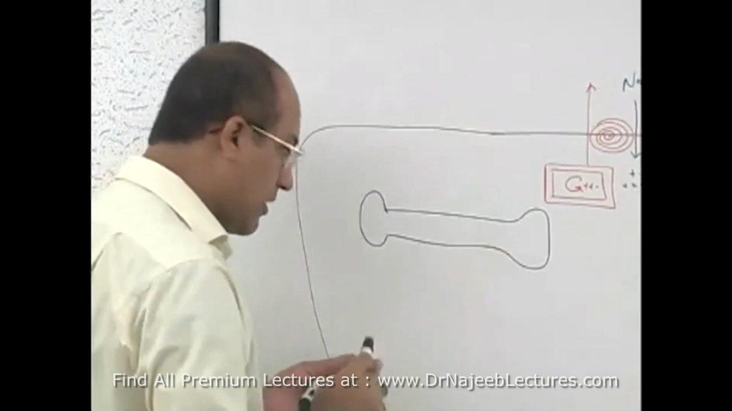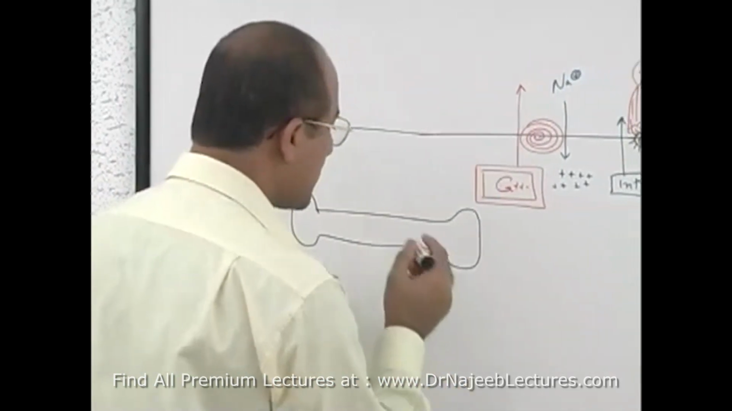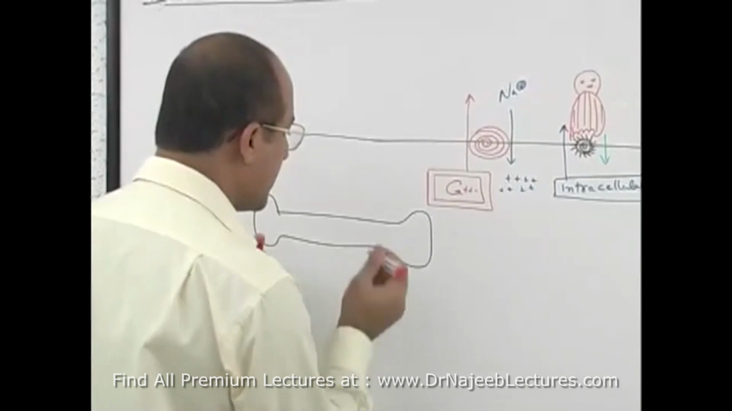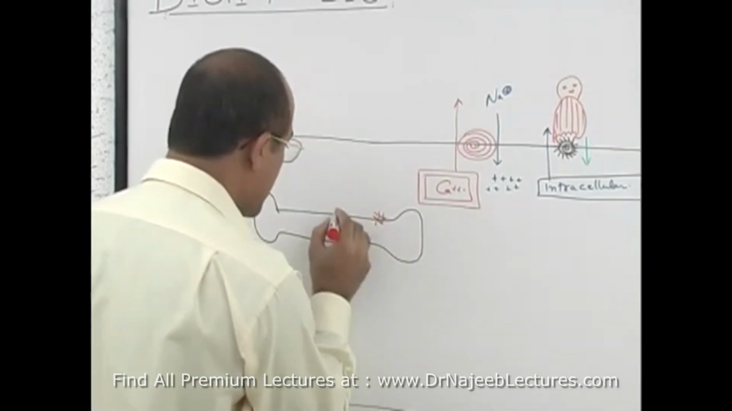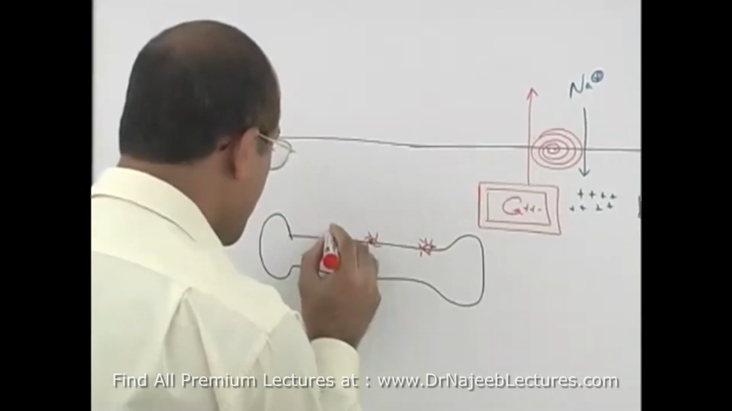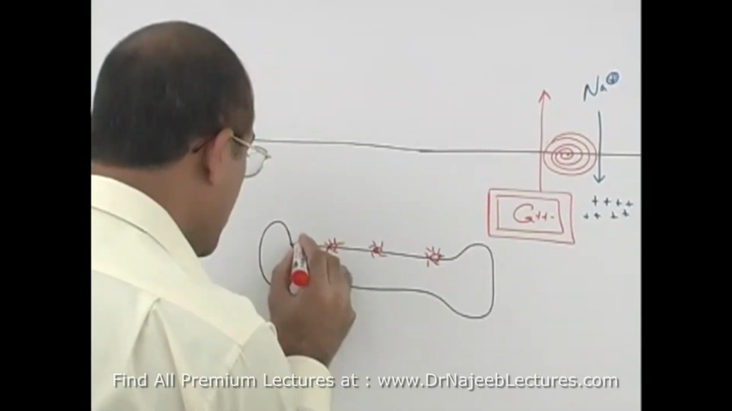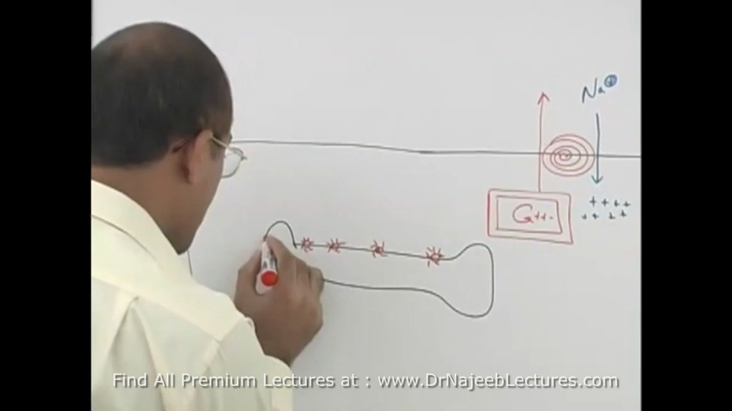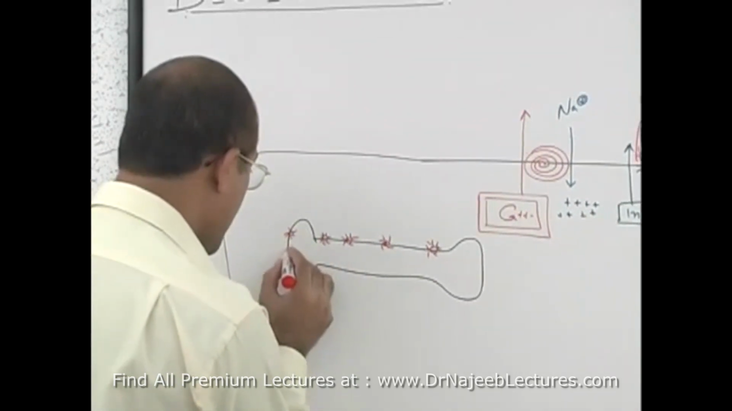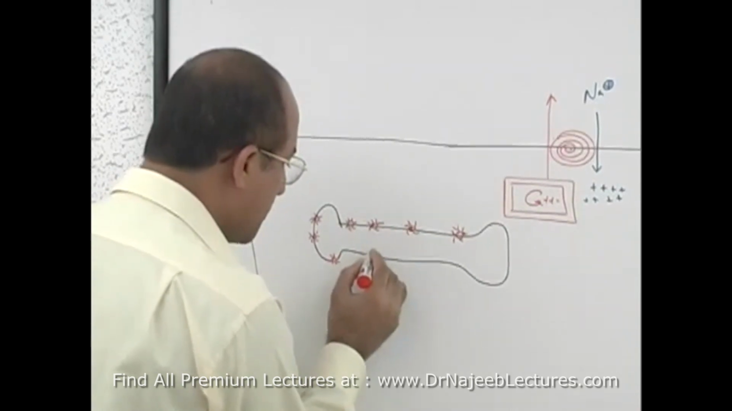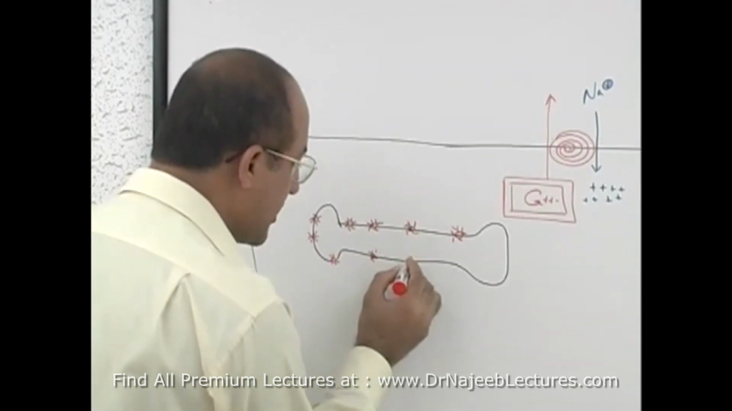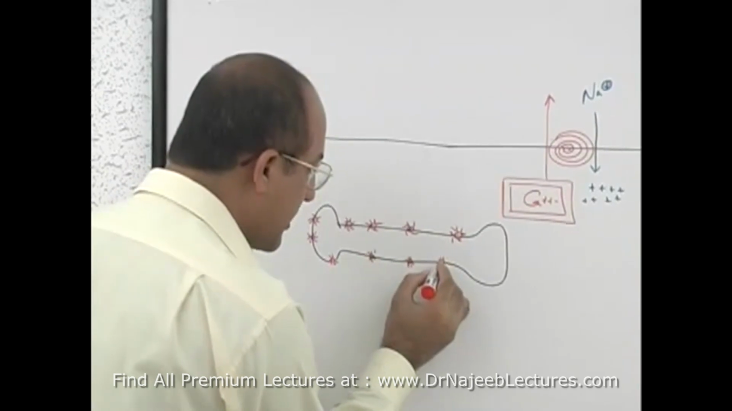And this apparatus has a special type of calcium ATPases. What are these pumps? Calcium ATPases. What is the function of these calcium ATPases? During the repolarization process, during diastole, these calcium ATPases actively transport the